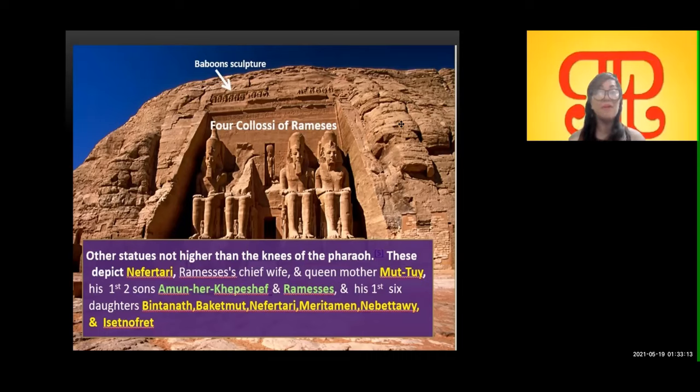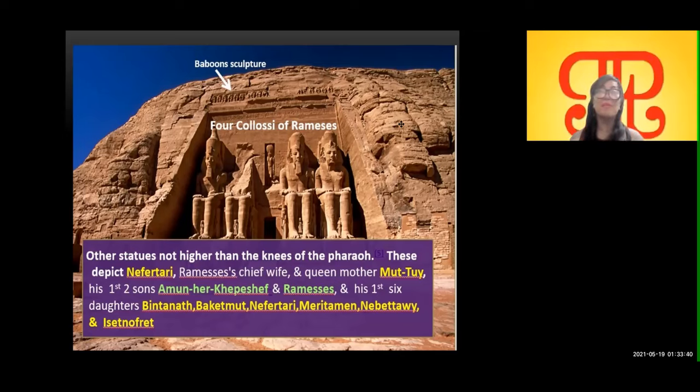His first two sons are Amun-her-khepeshef and Ramses, and his first six daughters, Bintanat, Baketmut, Nefertari, Meritamen, Nebettawy, and Isetnofret. So these are the six daughters of